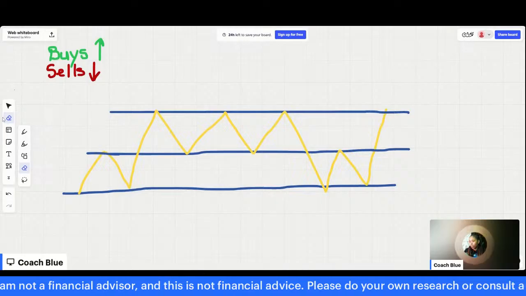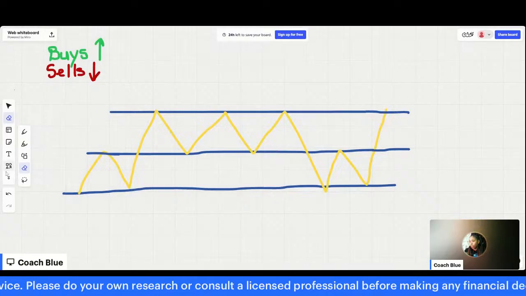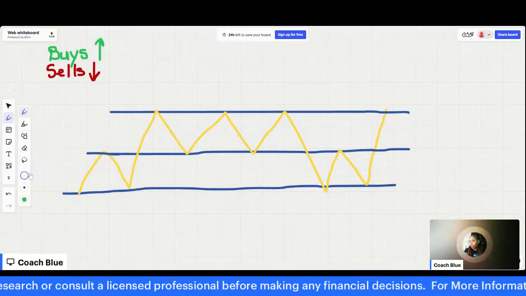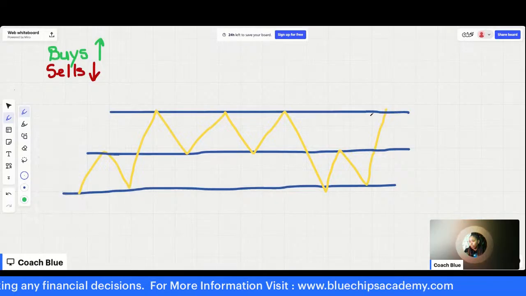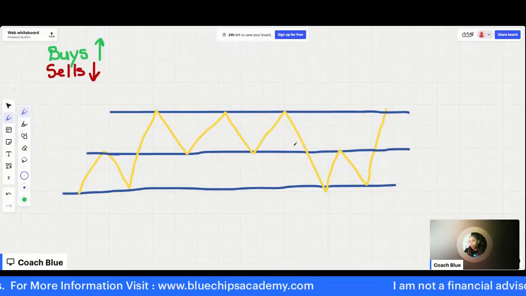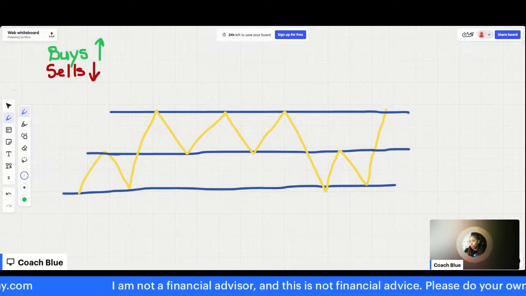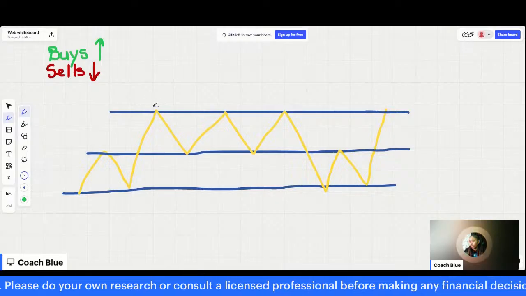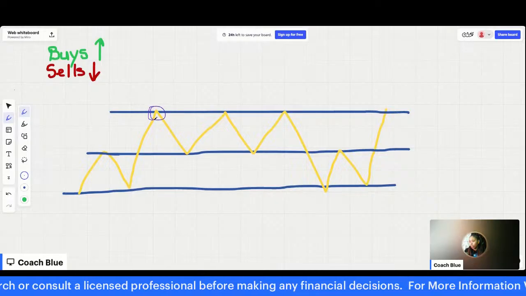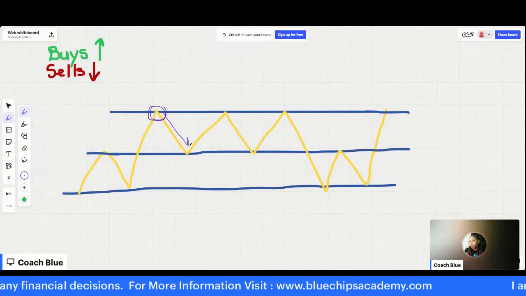Okay? So now that we have a clear understanding of that, let's navigate to this illustration here. So we're looking at opportunities to both buy and sell. Okay. So the reason why we use key levels is because it helps us to identify significant areas in the market where price wanted to buy multiple times or where price wants to sell multiple times at a specific area. So for example, if we look at this area here, okay, when price came up to this area here, what happened? It went down.